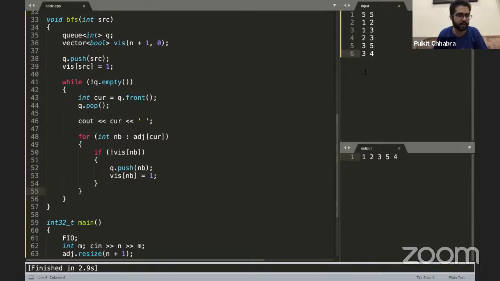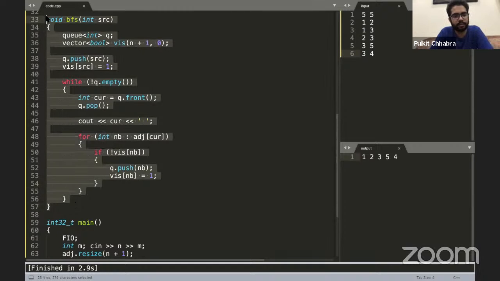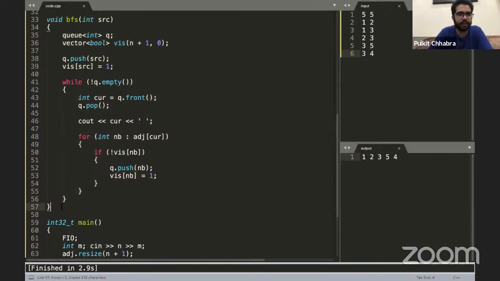So in this case, I hope this is clear that it is not always the case that this BFS sequence will only be printed. All right. So yeah. So enough with the